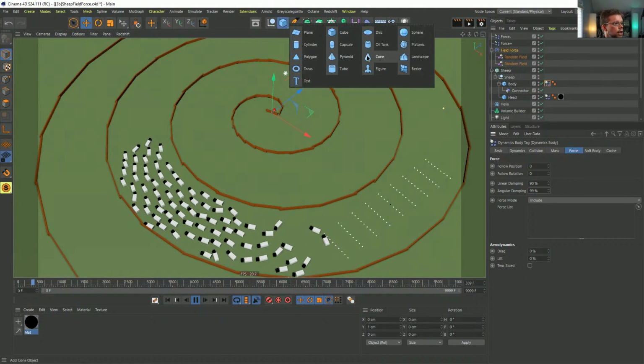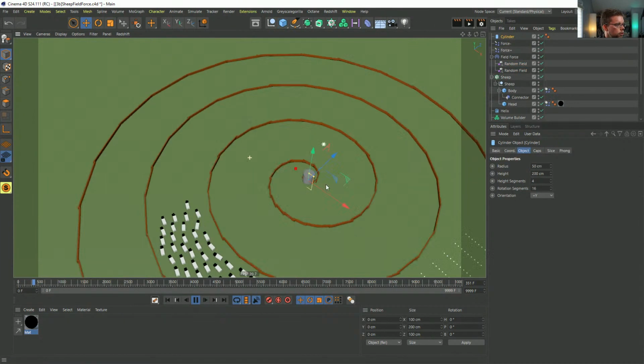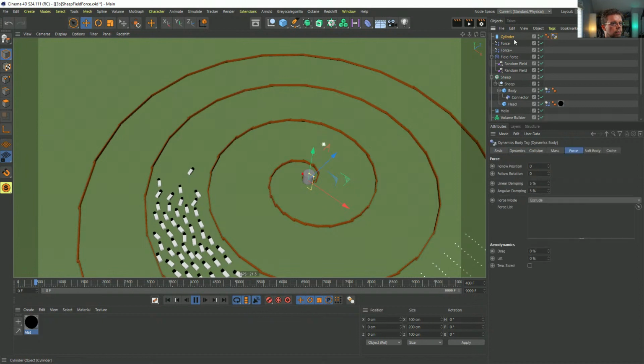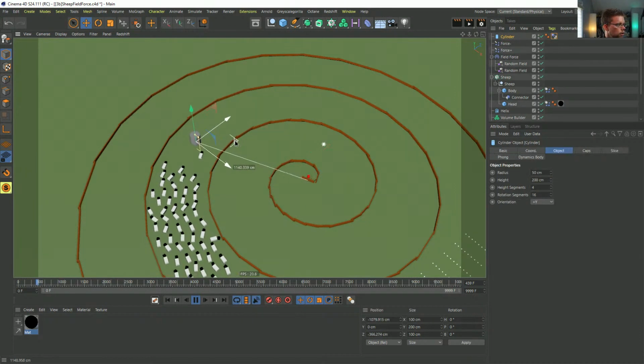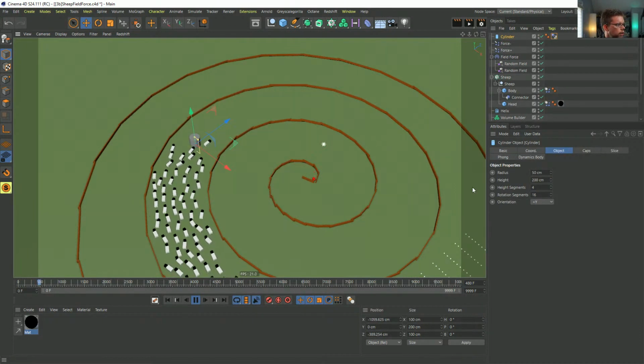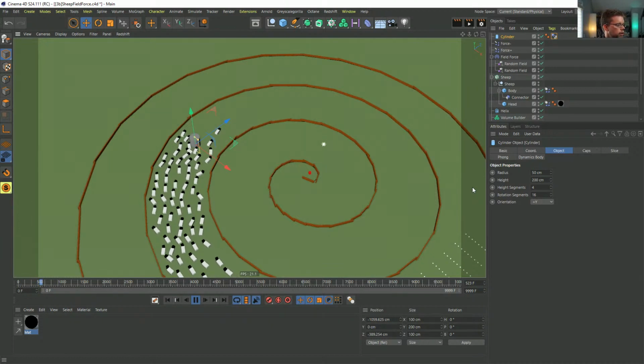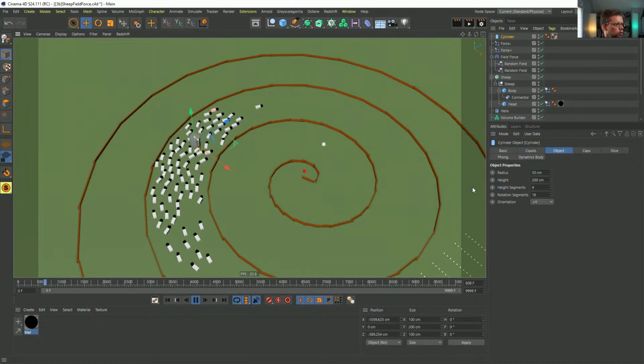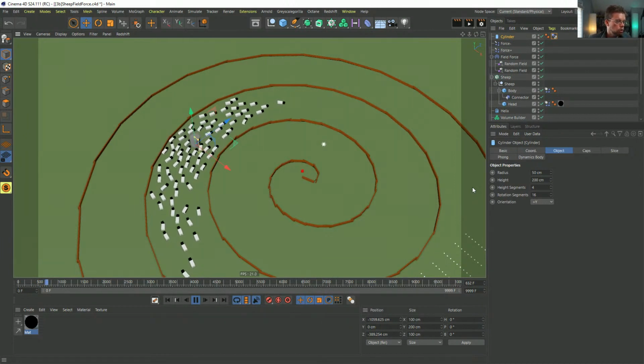But with any luck, we could put obstacles here. So if we steal the dynamics tag from the floor, and I move the cylinder here, the sheep can't get around that. They're just going to bonk into it. But they've got a bunch of randomness moving. So you see that they will go around it eventually. So you can just put obstacles in and they will work their way around.